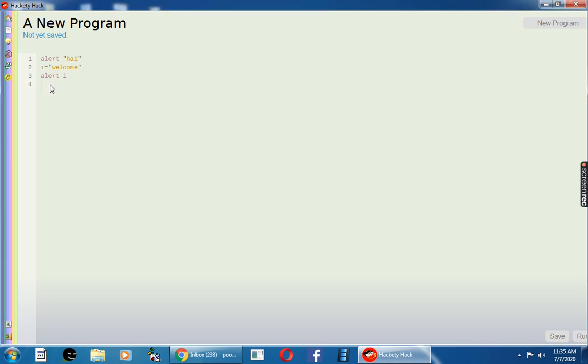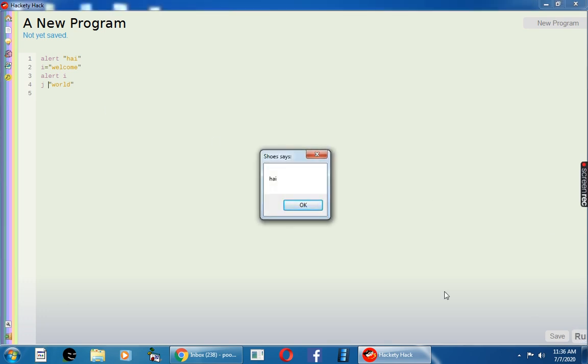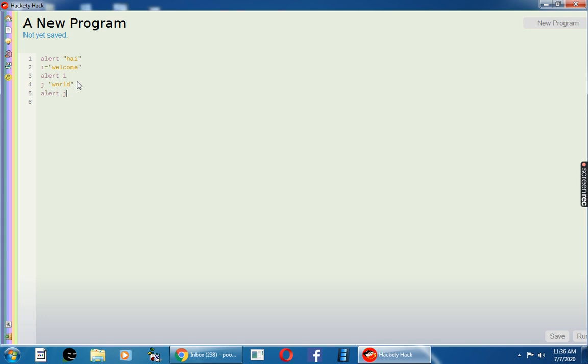Okay. Then another mistake we usually do is j equal to world. It has to be given like this, but by mistake we'll forget to give the equal to sign, right? So here for the first one hi will display, welcome will display, but j, now I'm giving alert j.